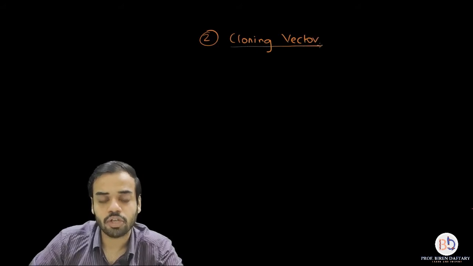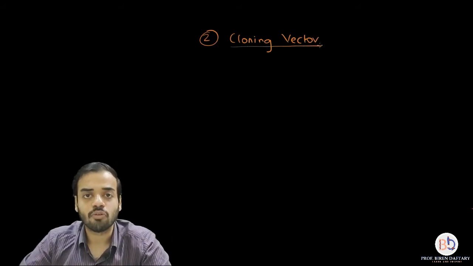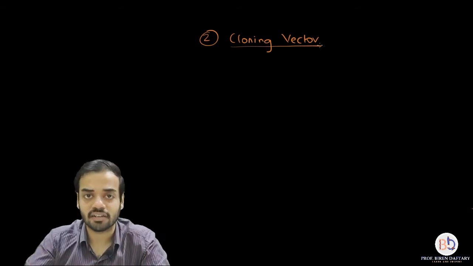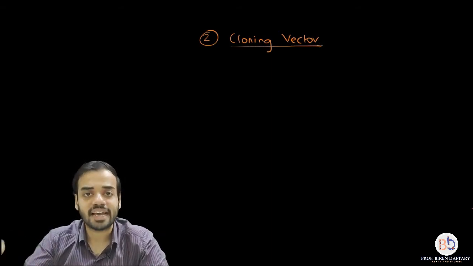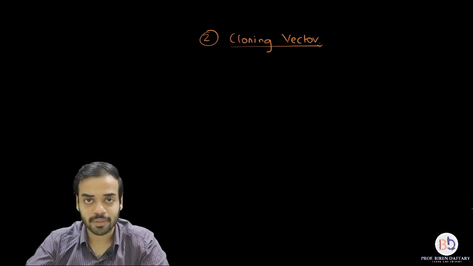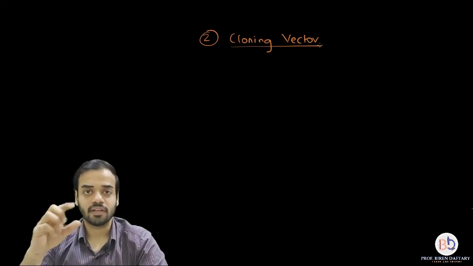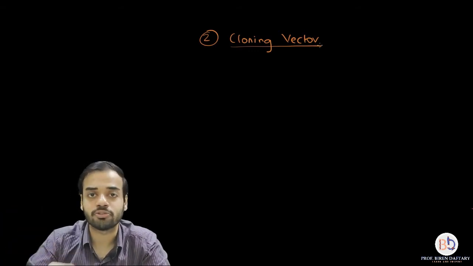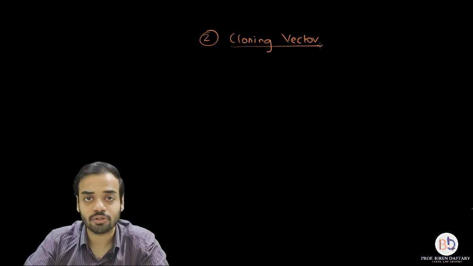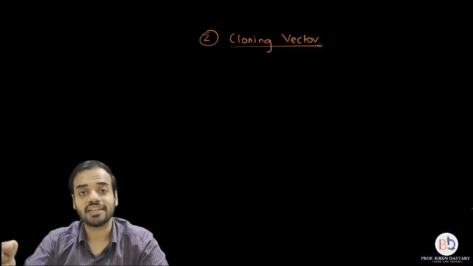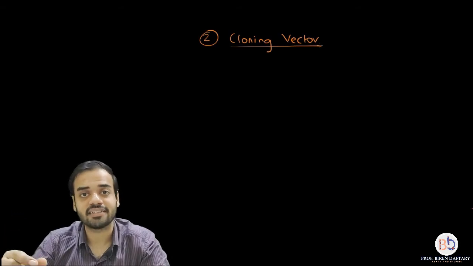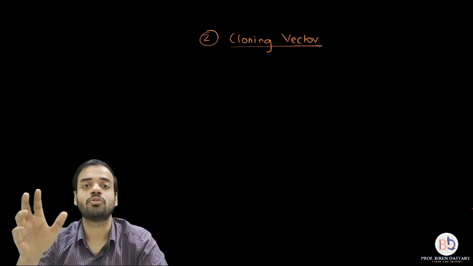I have already told you in the last lecture what is the function of a vector. A vector is basically acting like a vehicle. It is basically carrying the desired gene or the desired fragment to the host cell, right? That gene which you want to insert into the host cell, you cannot directly insert it into the host cell, so you have to first attach it to a vector, and then that vector and the desired gene is inserted into the host cell.